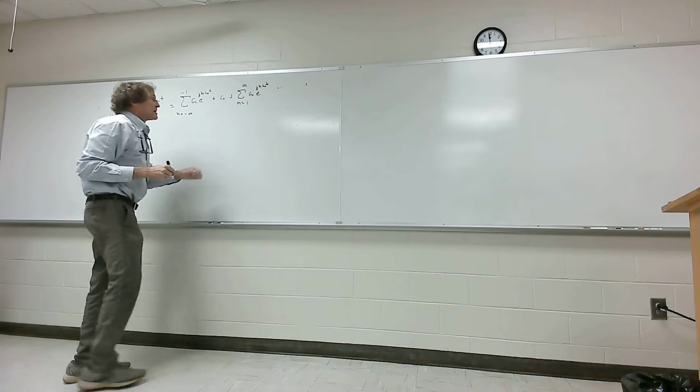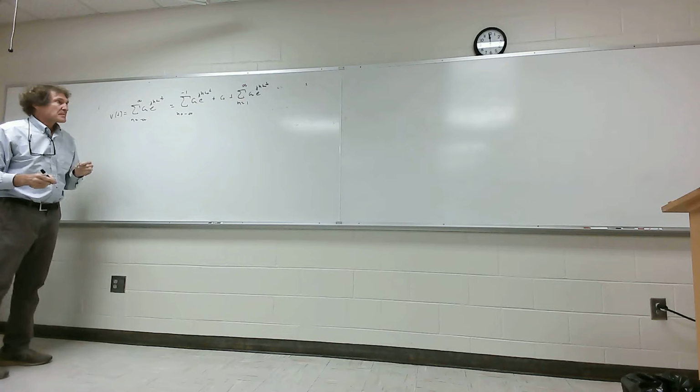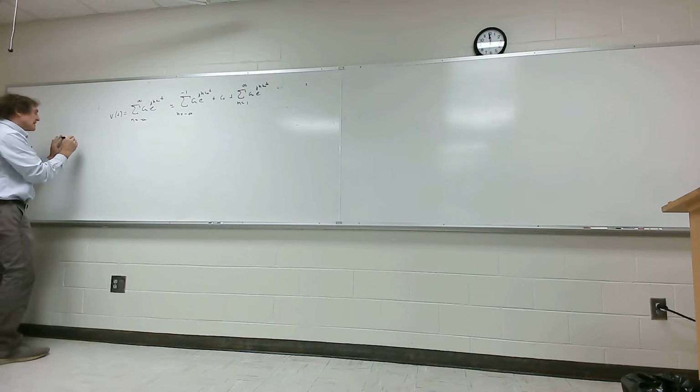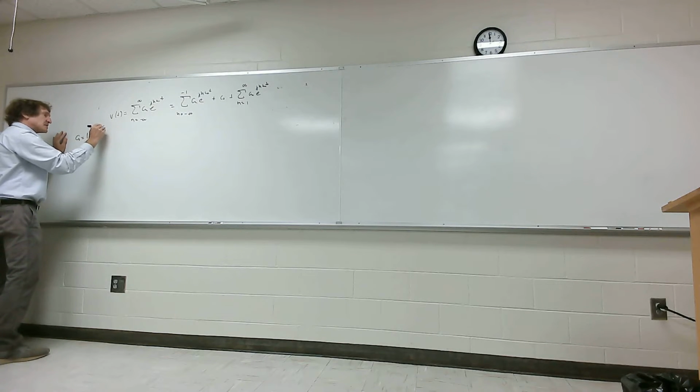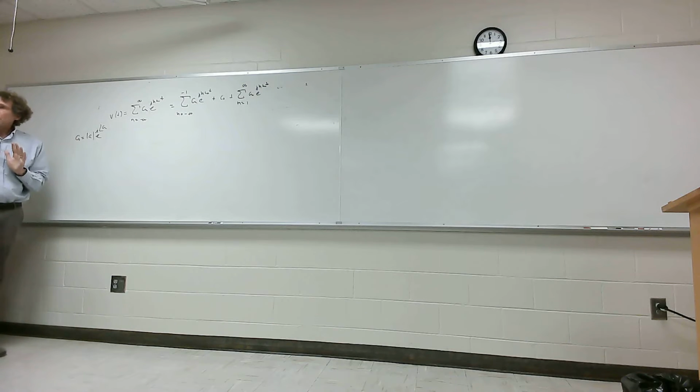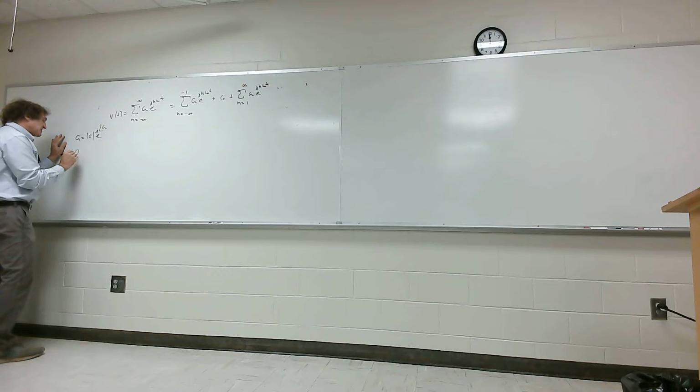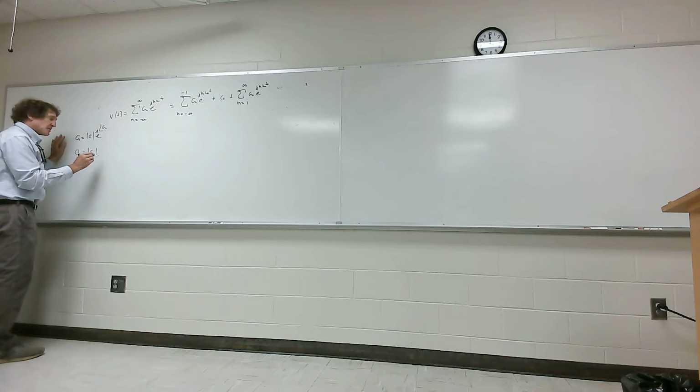Now I did it for a reason. Remember, when we have C of n right here, this has a magnitude and a phase. The angle is the angle of C of n. Everybody with me on that? It's, in general, a complex number. If you think about this, C of minus n will have the same magnitude, and the only difference, because of